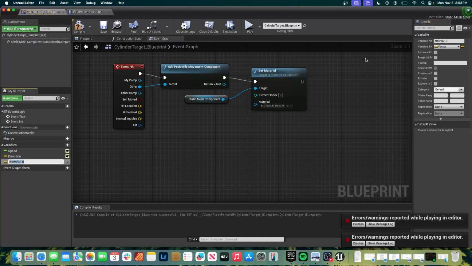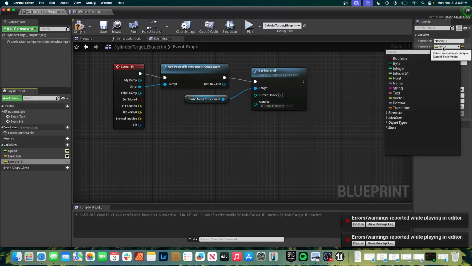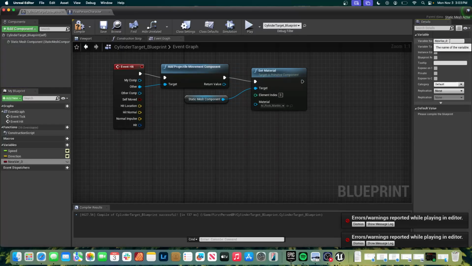So we're going to create a new variable here. We're going to do a Boolean type. We're going to call it primed. And we're going to make it instance editable. And we're going to drag it into here